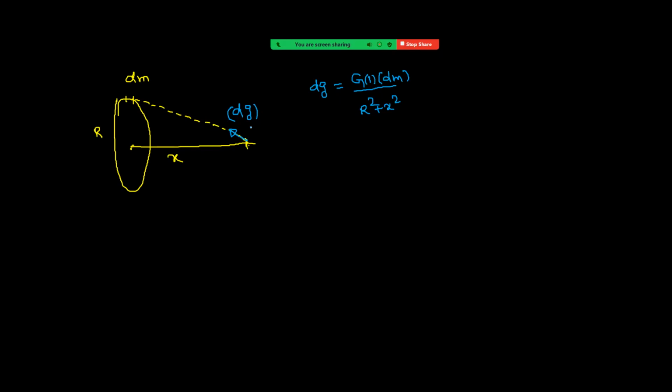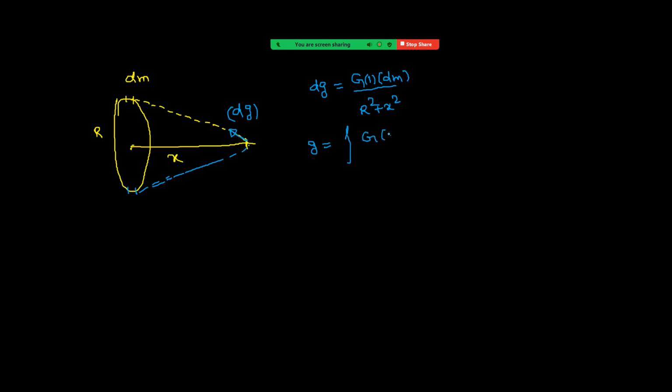And if you observe carefully, we can take one component along the axis and one normal to the axis. And if you take one more point diametrically opposite, it also attracts with the same magnitude, and the components normal to the axis will cancel. The remaining is only along the axis. Therefore, the net value will be g, only along the axis, and that is now the integration of